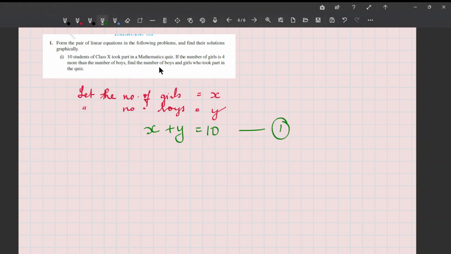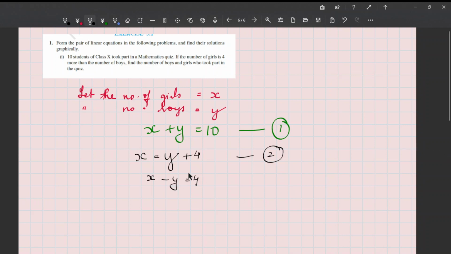Now what is the further information given to us? The number of girls, that is x, is equal to 4 more than the number of boys. We have assumed the number of boys to be y. So x is equal to y plus 4. This is our second equation, right? We can take both the variables to one side and write this equation as x minus y is equal to 4. So just standard form of representing,